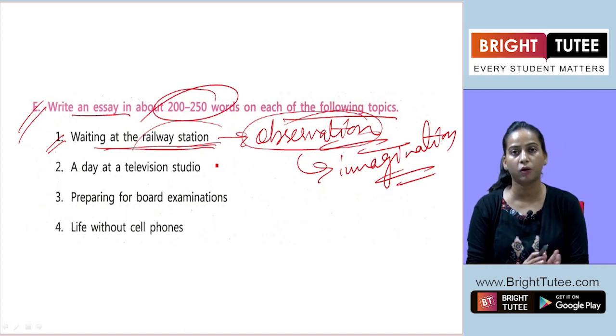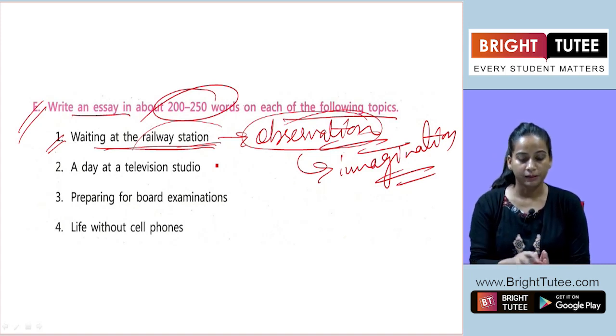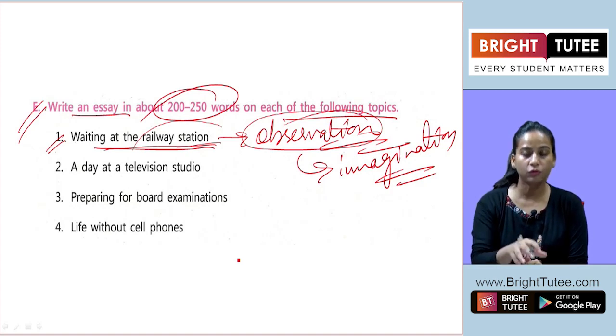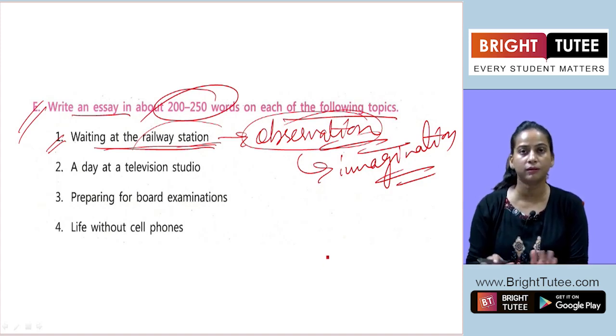Sometimes it happens that when you are observing the people or their movement, there is something we are going to learn. So all those points can be mentioned here. Then finally you are going to conclude what actually happened and what you did at last. You were waiting over there or your train arrived, whatever you would like to conclude at the end, it's up to you how you are going to finish. That finishing must be there after giving the description and all.